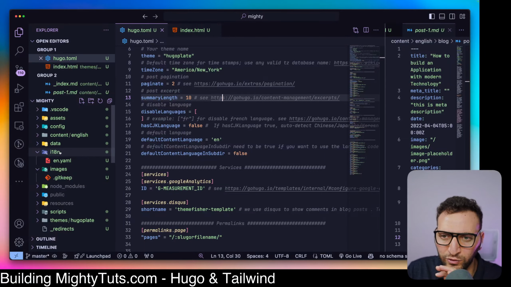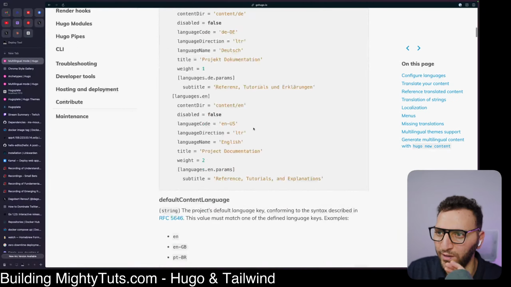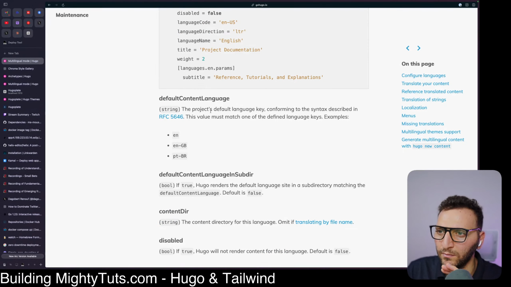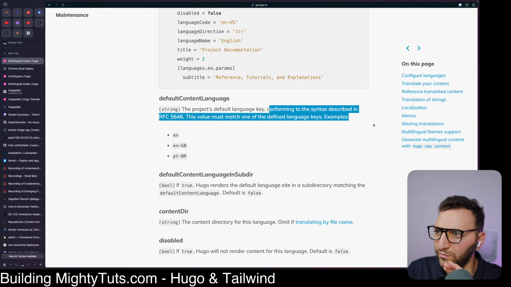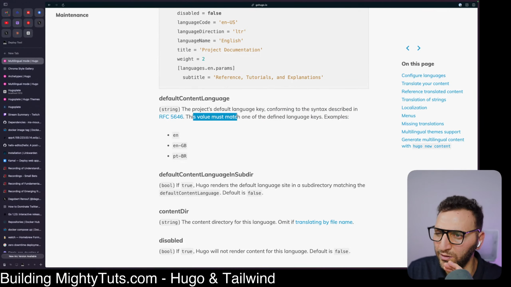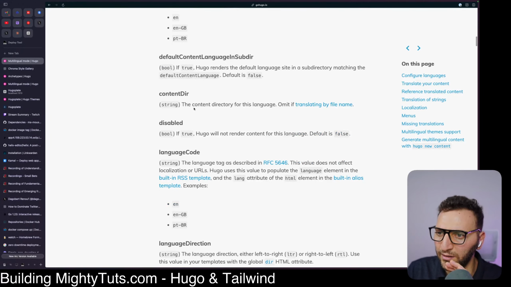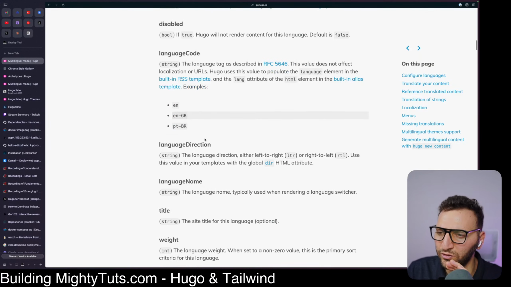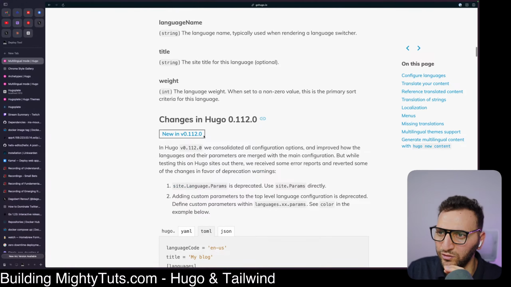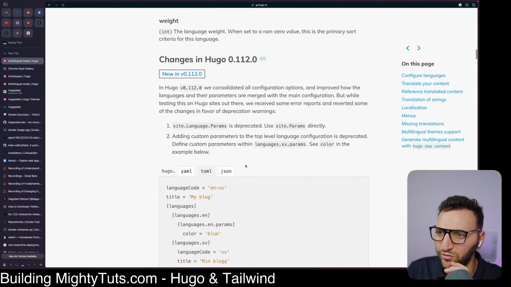I also don't want that. I really just want to disable everything. The project default language key, conforming to the syntax described in the docs. This value must be... I understand. Content dir, I understand. Language code, I understand. Language name, title, changes. If site param,